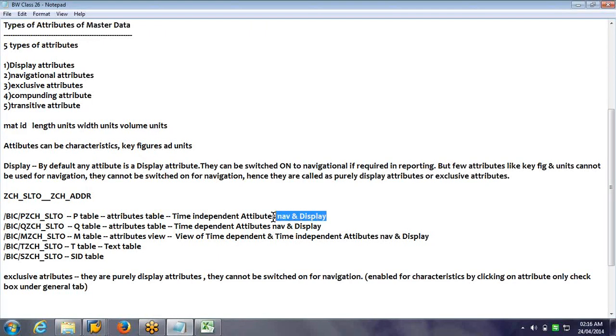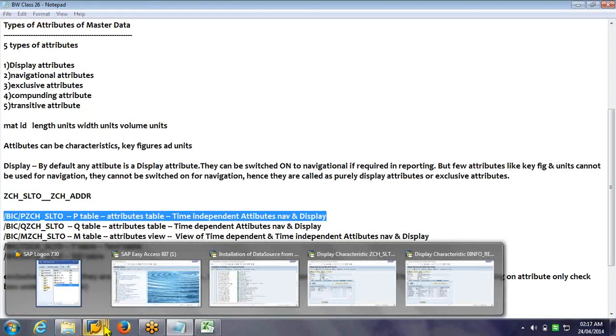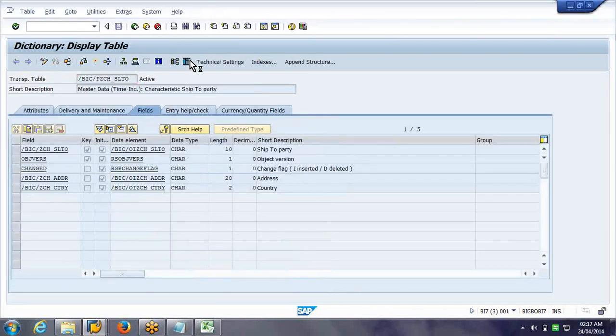For time independent, whether it is a display or navigational attribute, the data will be in a P table. So if I want to check in the underlying table, I should check it in the P table. Okay, so go to the P table.